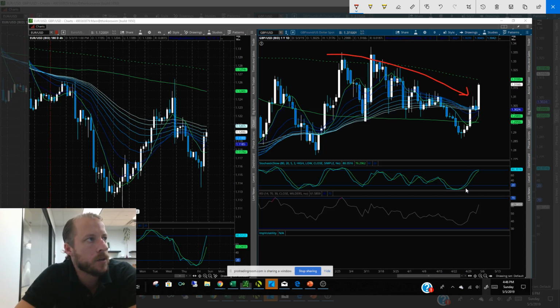And we know that our daily cycle is still coming up, but I liked us making this lower high with these topping tails, and then we made a new low here. So it looked like to start Friday like we were going to maybe roll over. Now we did talk about, I'll show you on the 4 hour, but